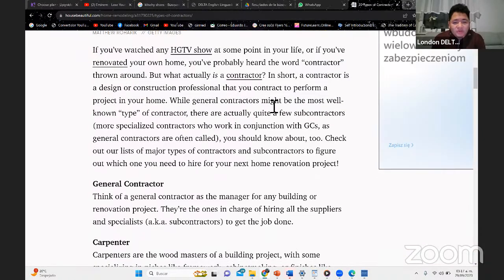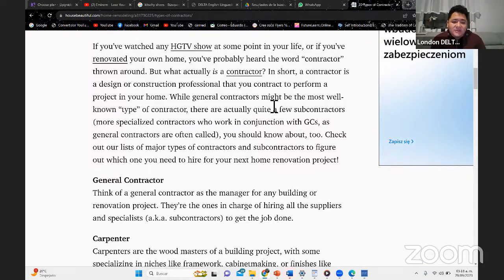So contractors are something that is very common in America, in the United States, but also in many European countries. So people nowadays prefer not to do the work themselves. They prefer to give it in the hands of another person or another company. Okay, so what are the kinds of contractors? Here you have a list.